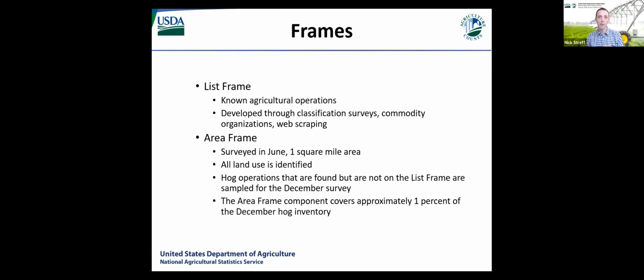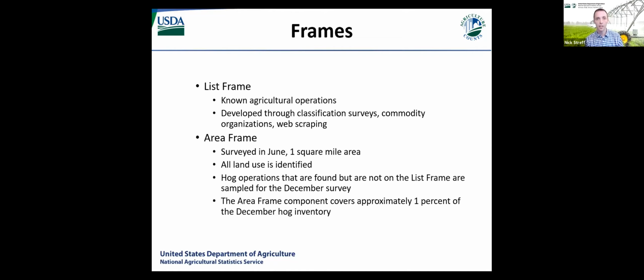But think of a list of all the names of farmers and ranchers in the U.S. And along with that list, think of, it's noted, do they have storage capacity? Do they have crop acreage? Do they have cattle? Do they have hogs? So we have this list that we're constantly updating. Who's a partnership? Who's a partner? Who's gone in business? Who's gone out of business? We have this list frame. And because it's a list, it's never complete. There are always people coming into business, going out of business, redoing something. So that's our list frame. And that's the main place we draw names from when we're sampling for our hogs and pigs program.